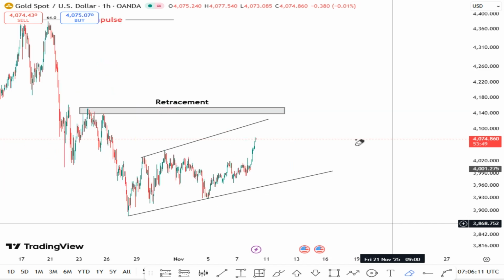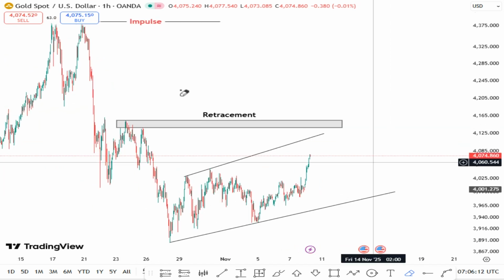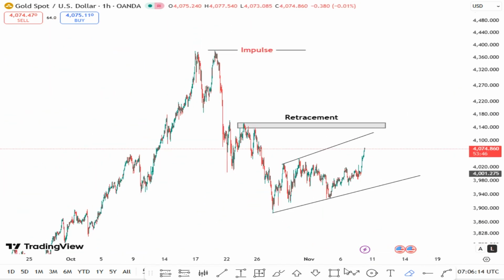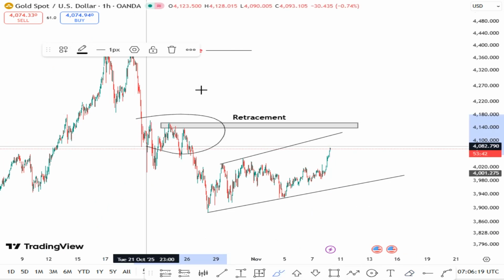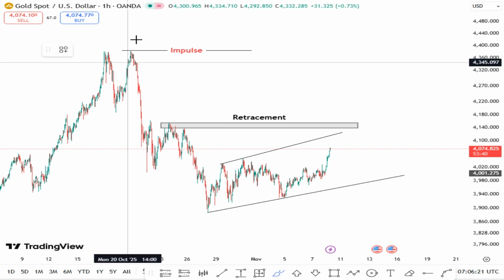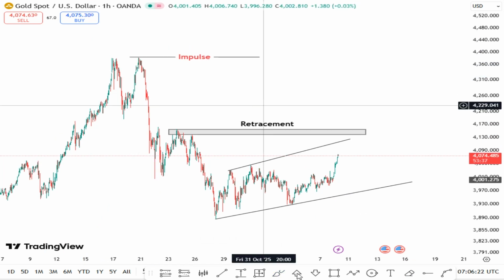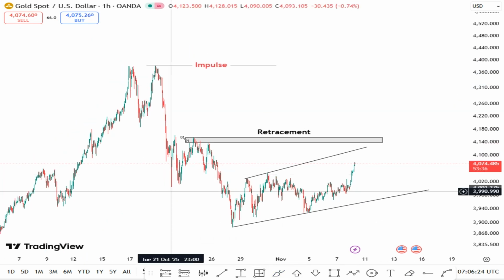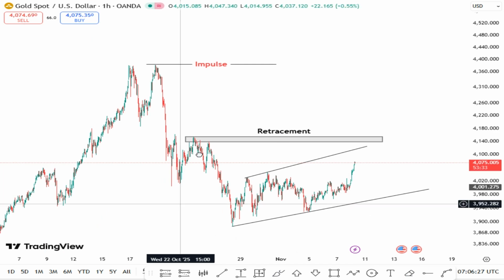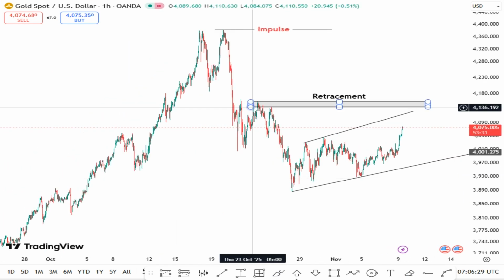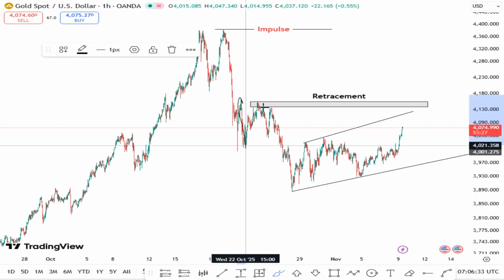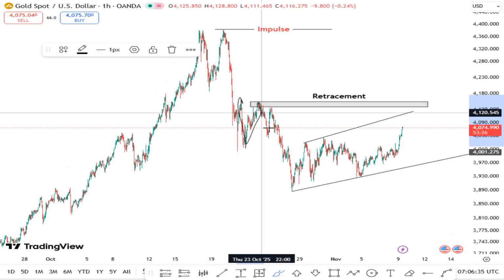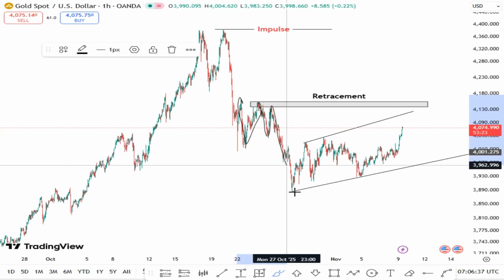So what am I talking about right here? If you see, this is an order block zone right here. This is an order block zone, right? And this is also another order block zone, right? So we've seen this is where money is, right? Why am I talking about money? This level right here, we've seen gold drop, then went back once again, tried to drop, went back, then we had a very huge drop.